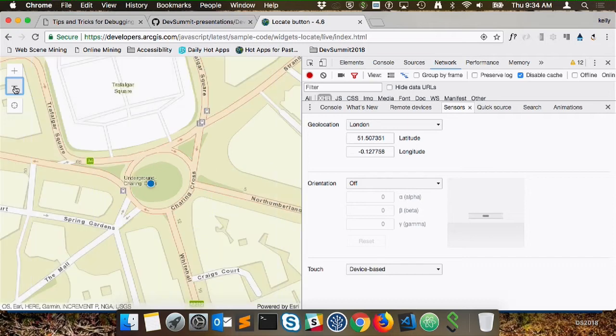It locates me in London instead of here in Palm Springs, which is where it would locate me if that button wasn't hit. While we're talking about location and the locate button, I should also mention that these are only